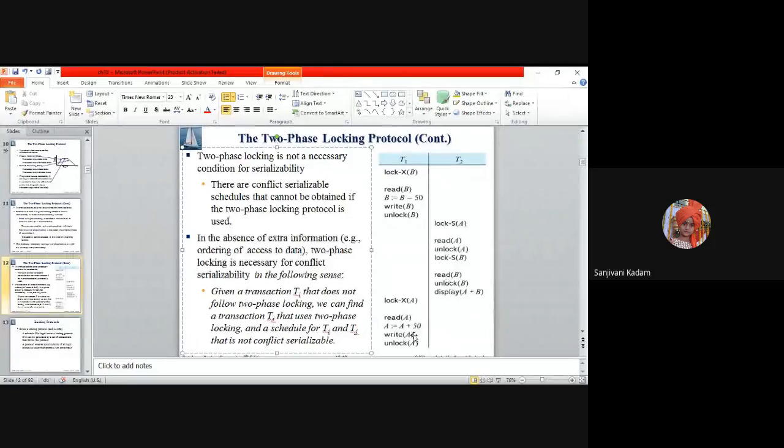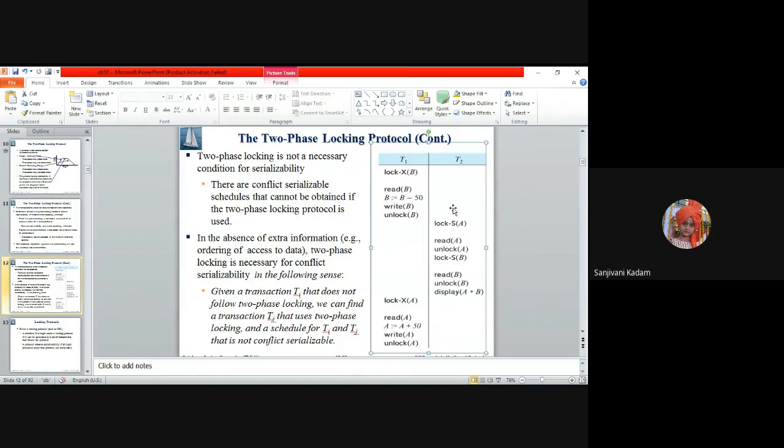So two phase locking says that initially we have to obtain all the locks, no release of the locks, and a shrinking phase, no locks acquisition, only unlocking the members. So we are having a mixed statement. इथं लॉक केलंय, इथं अनलॉक केलंय, परत इथं लॉक केलंय, इथं अनलॉक केलंय. And hence we can say that this schedule is not a conflict serializable schedule.